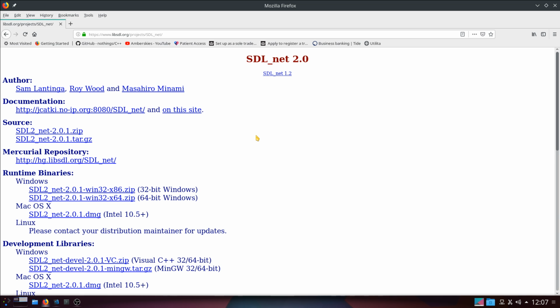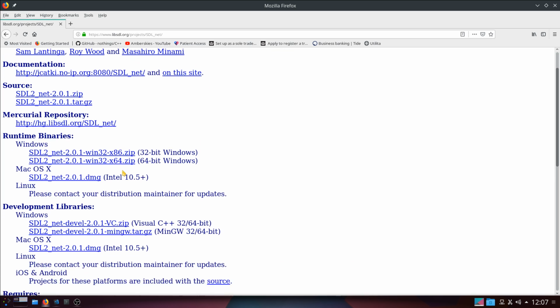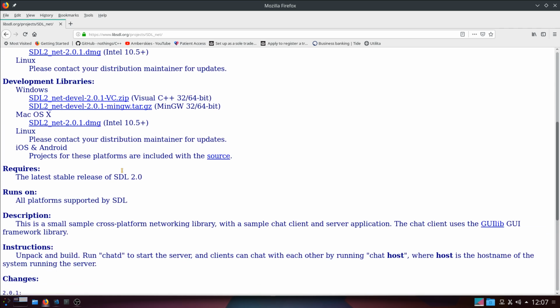So, yeah, that's about that for a basic screen. SDLnet 2. I'm using SDLnet 1 at the moment, just testing it all out. It's downloadable, it's a library. What this doesn't tell you is it requires the latest stable SDL. Yeah. Thanks SDL, because SDL I didn't really want to run.